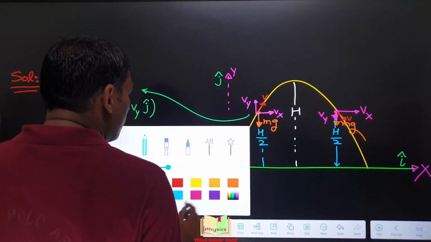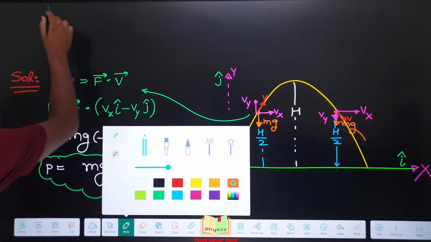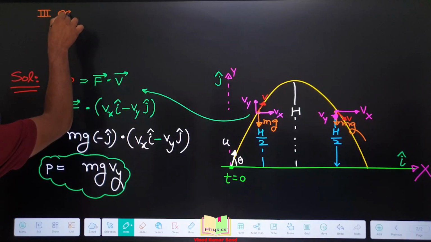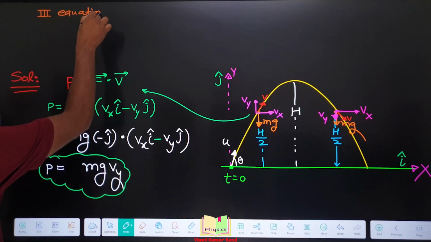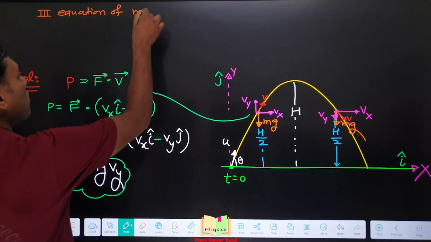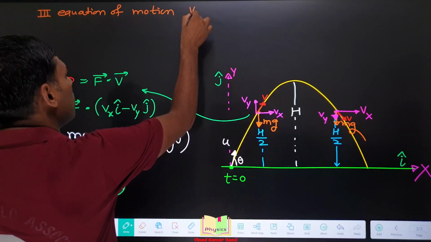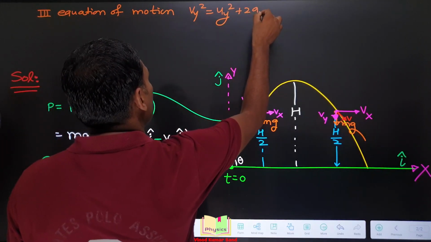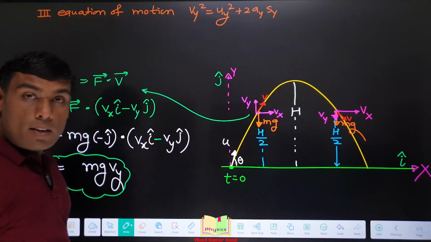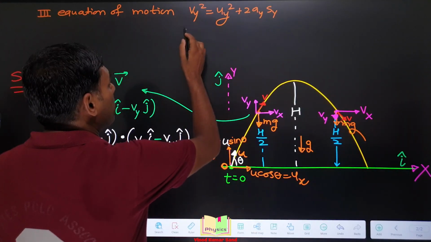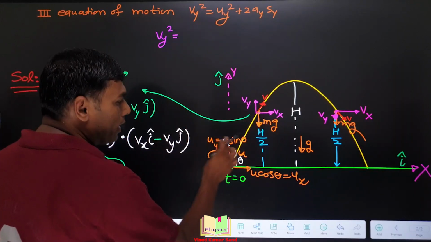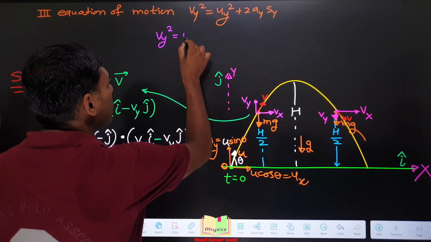To determine that Vy, we will be using the third equation of motion. As the acceleration is constant, we can easily use the third equation of motion. Vy square is equal to uy square plus 2 ay sy. Let us put up the data. Vy square we have to obtain. The uy can be taken as u sine theta,